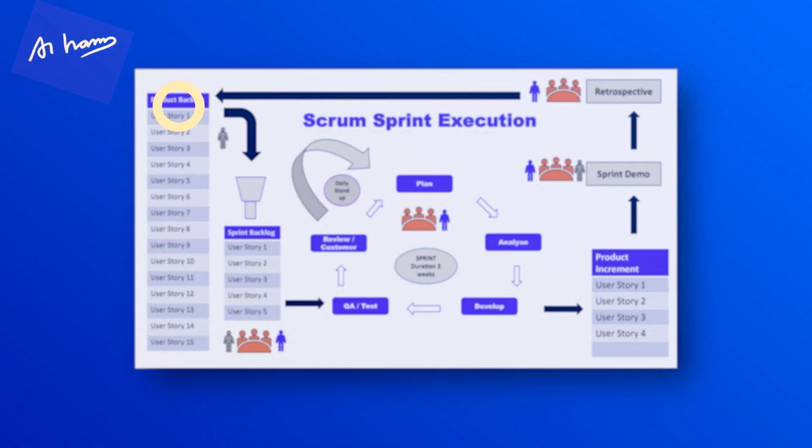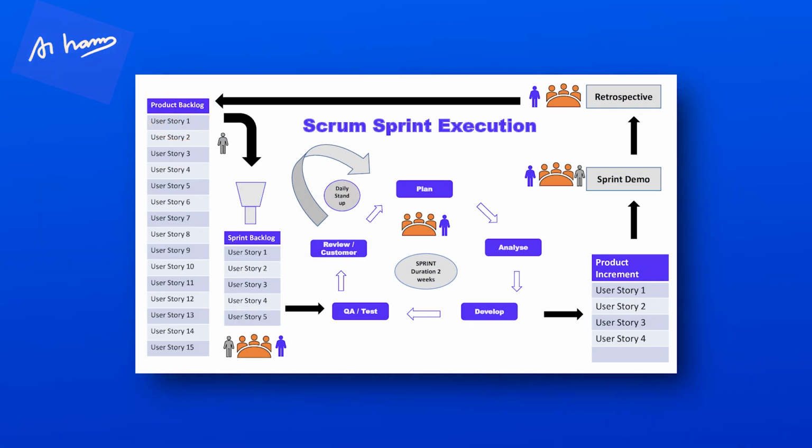Then let's talk about some artifacts. Okay. Product backlog. Product backlog is a list of requirements that are needed to build the product. It is a big list of requirements needed to build the product, maintained and prioritized by the product owner. A subset of this is the sprint backlog. You do a planning meeting and come up with a sprint backlog. The development team says, yes, we can build this in the next 10 days of sprint. That is called a sprint backlog. It is a subset of the product backlog. Product backlog is this, sprint backlog is this.